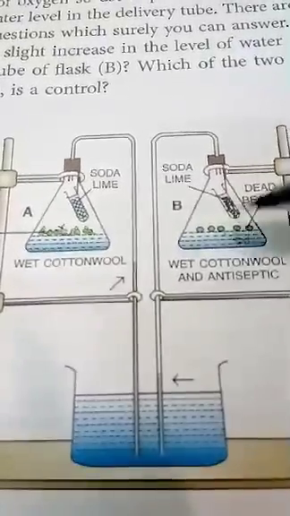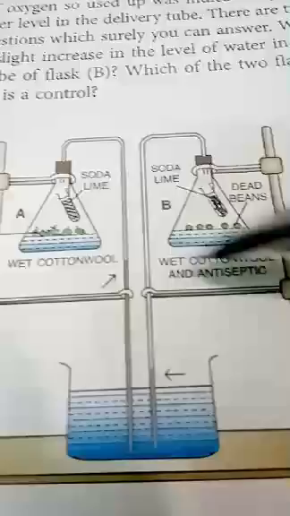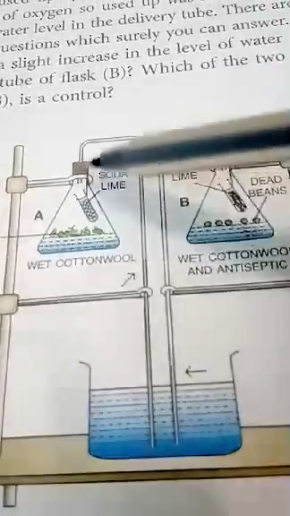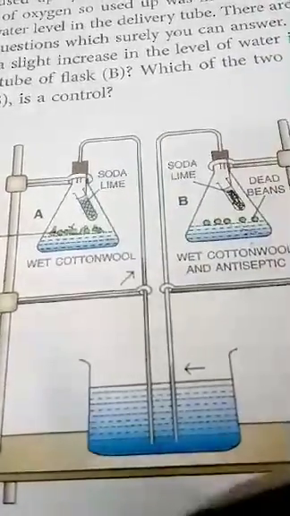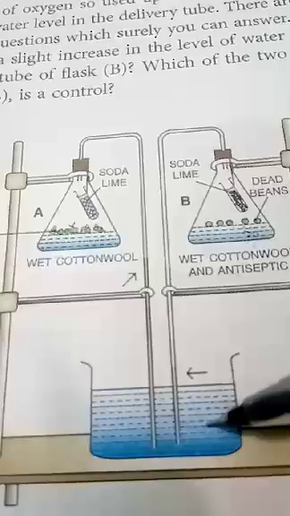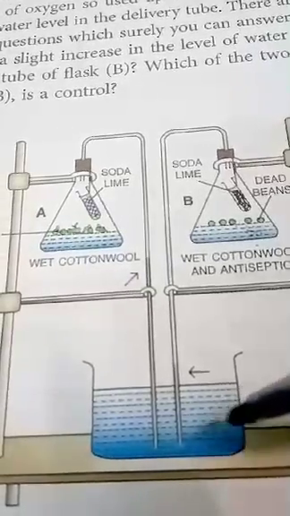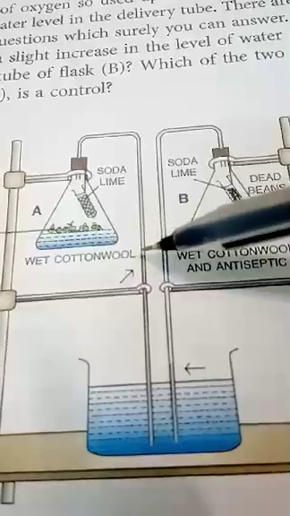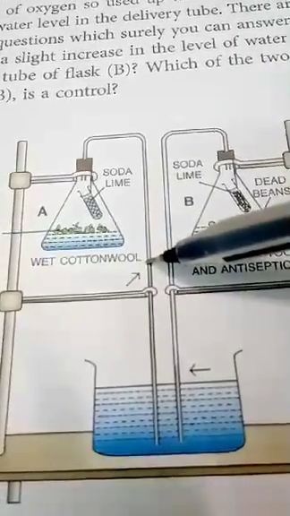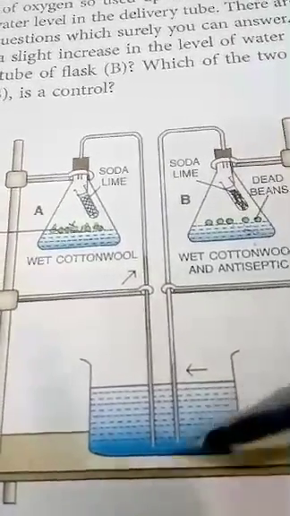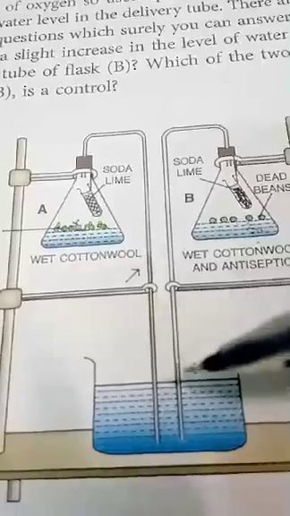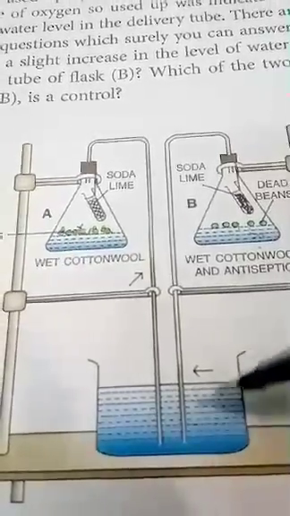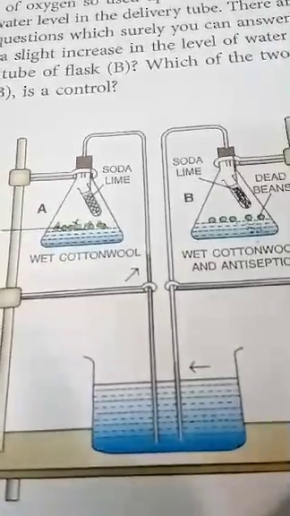So what happens, from these two flasks, what happened? There is a bent tube introduced into a water body, and when the experimentation continues, we find that there is a rise in the water level in this tube. But in the tube B, water rises for some time and then stops rising. Now we come to the explanation part.